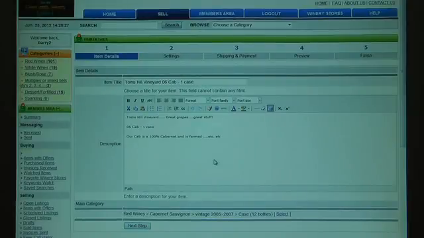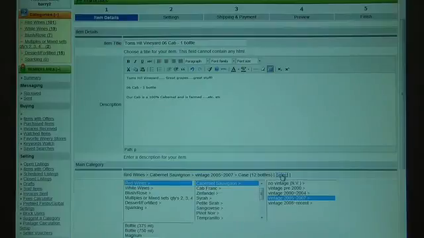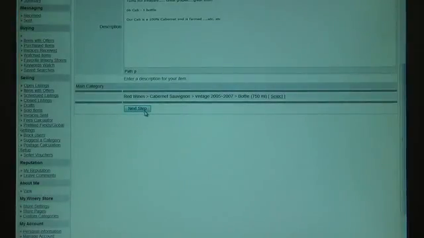Now, some people wonder, why does it do that? Why doesn't it just list it right away? Well, there's a good reason why. Remember, this listing was for one case? Well, this is a great opportunity before posting this live to do the bottle version as well. So let's go ahead and change the information to one bottle, both in the title and in the description, and then we'll go down to the category selection and change that to a bottle, 750 milliliter. Okay, you can see we got that. We'll hit next step,